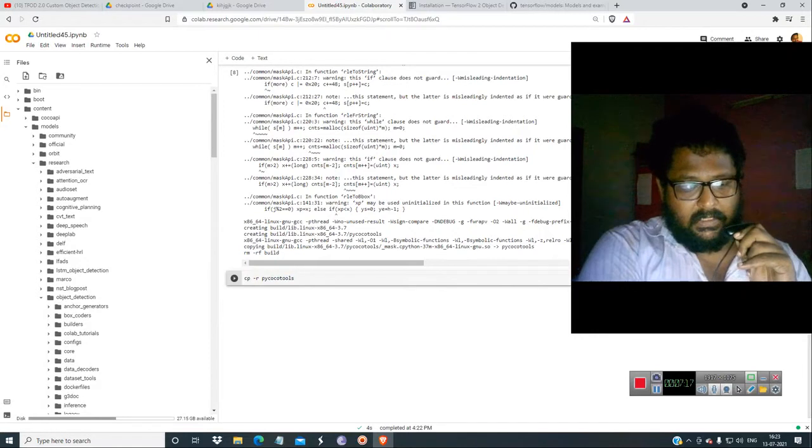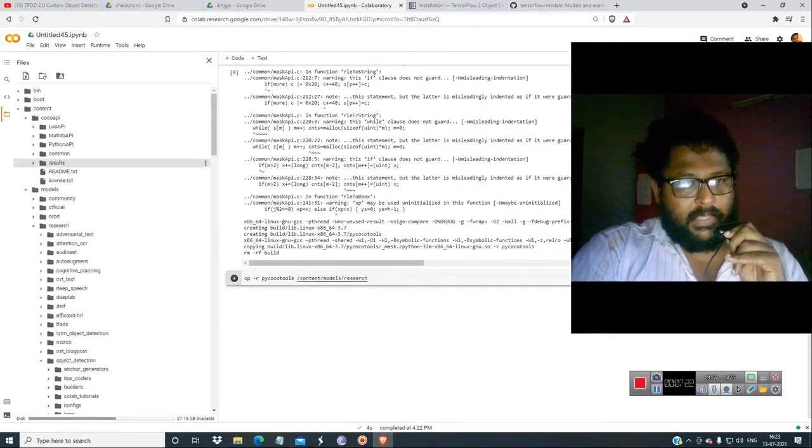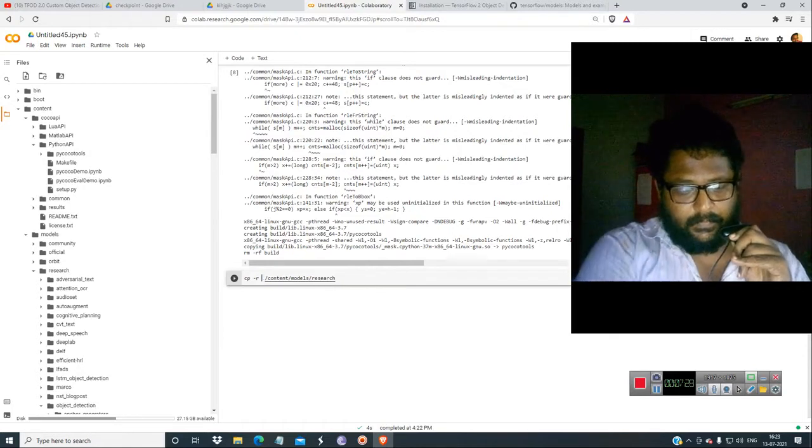Control V, and this pycocotools is in cocoapi, PythonAPI. Copy the path and paste it over here.